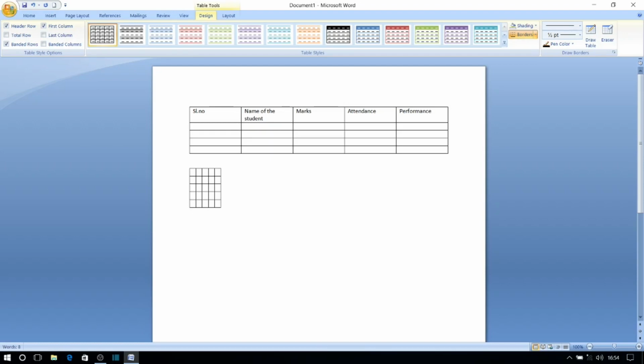And now the width of the column remains the same irrespective of the size of the data we have entered. The first column, the data entered is serial number which contains only 5 characters.